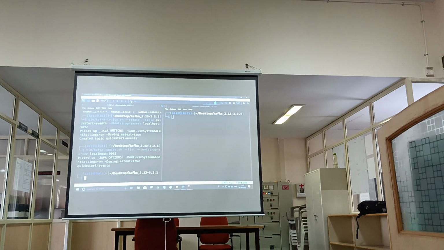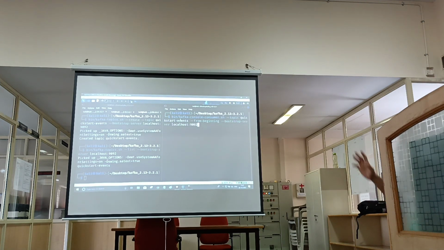Now, as I told you, producer and consumer is the pattern, so the first step would be to create a consumer so that we can verify all the messages being written to the topic. How do I create a consumer? For that, let me type bin slash kafka. So this is the command. It will create a Kafka consumer which will read from the topic quickstart-events, and I specify from-beginning so that all the events which I write to the topic will be visible to you. Now if I run this command,